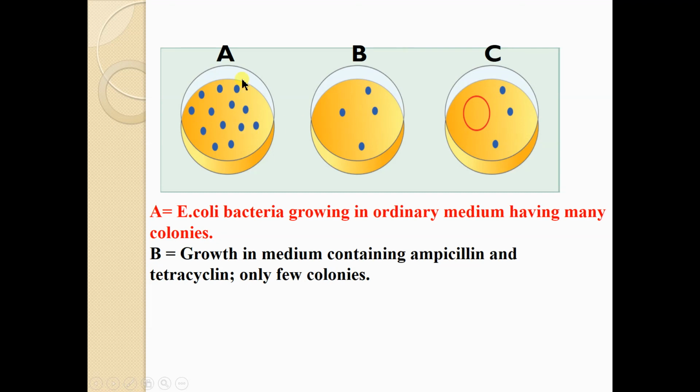The simple bacteria which doesn't contain any plasmid will die here because it doesn't contain any ampicillin or tetracycline resistance gene. Now two colonies remain here: one colony containing only the simple plasmid that doesn't contain our DNA of interest, and one colony containing our DNA of interest in the plasmid. So now we want to separate both of these. So what will we do?